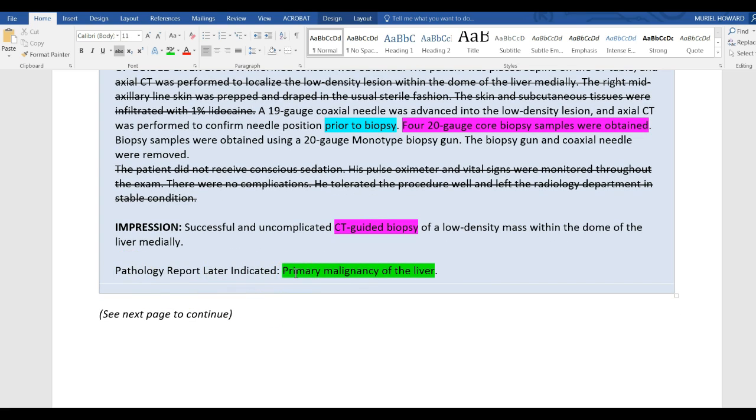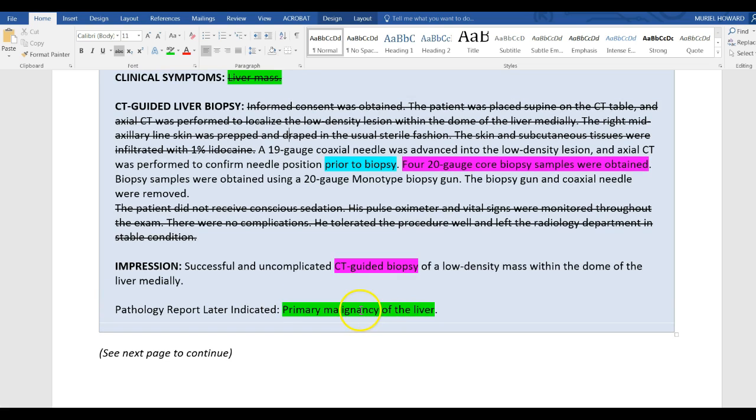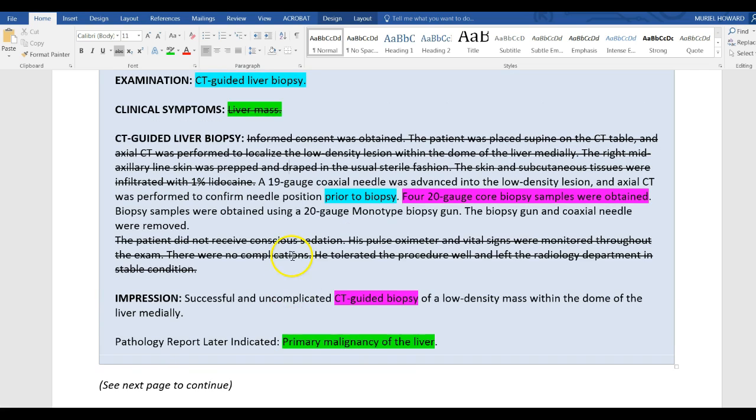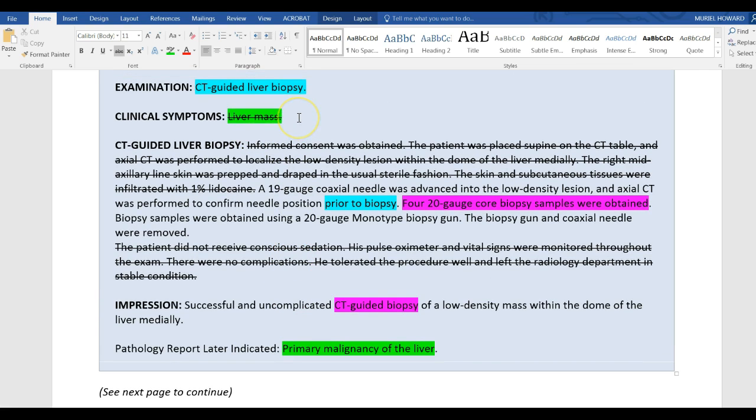Whenever there is a pathology report available, or when you're reviewing an operative note and you see something related to a pathology report, you want to review that for your confirmed or final diagnosis. Sometimes it's one and the same. If this was non-cancerous, it would just be considered a benign neoplasm. Either way it goes, a mass or any type of growth on the tissue is considered a neoplasm when you're